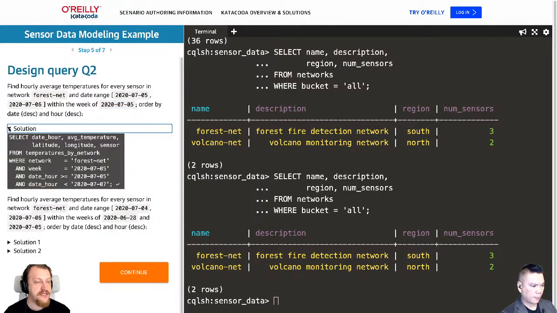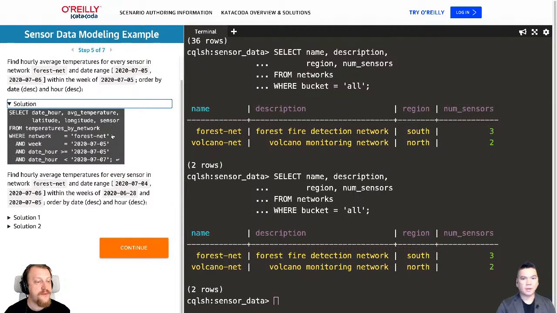And if we open the solution, we see this request. Select all the data we need from temperatures by network when network equals network we work with and week is week we need and date hour is bigger and date hour is smaller than. Notice date hour is a clustering column, that's why we can use inequalities.